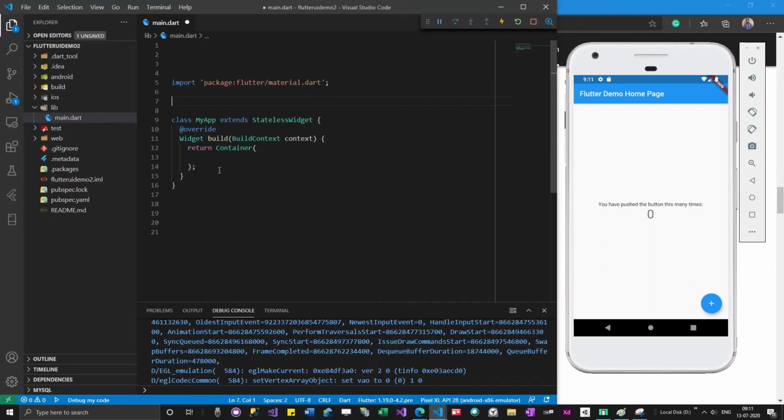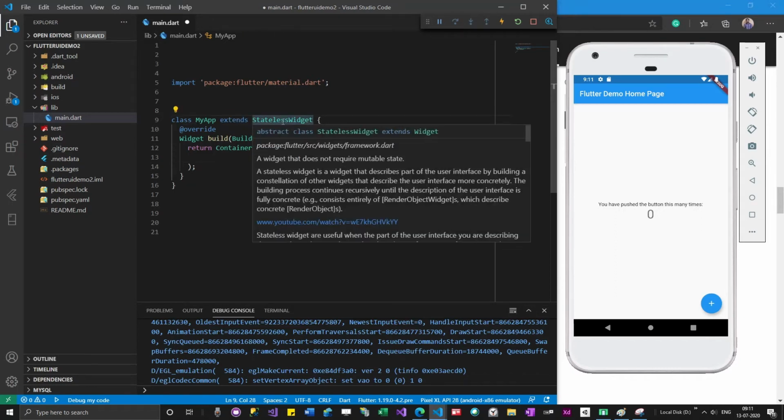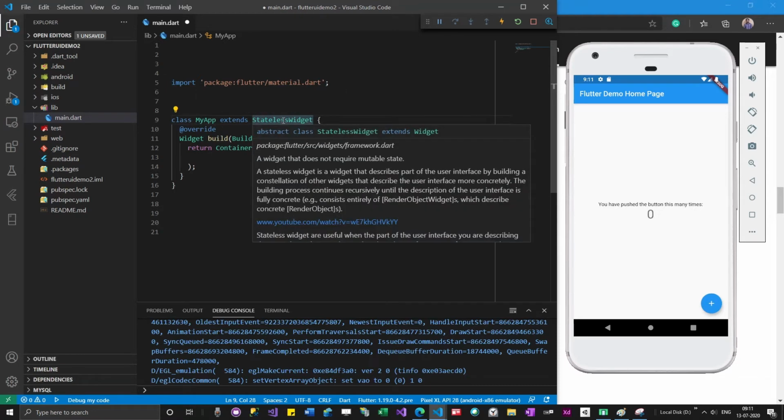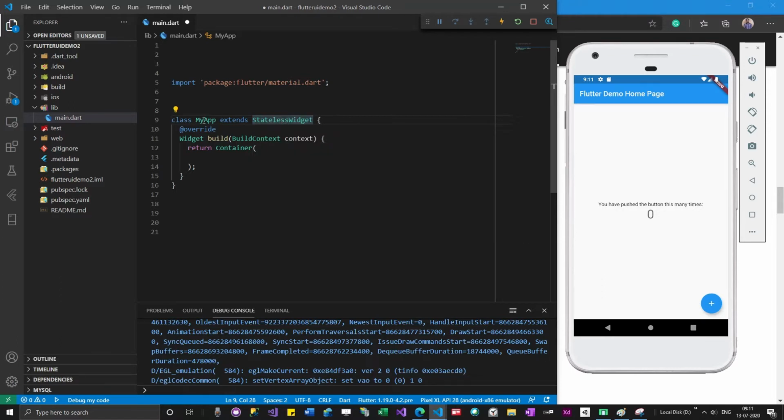So this program has a class MyApp, which is extending StatelessWidget. Extends is a keyword for inheritance, which means we are extending StatelessWidget into MyApp. So whatever methods or properties are available in StatelessWidget will be accessible over here.